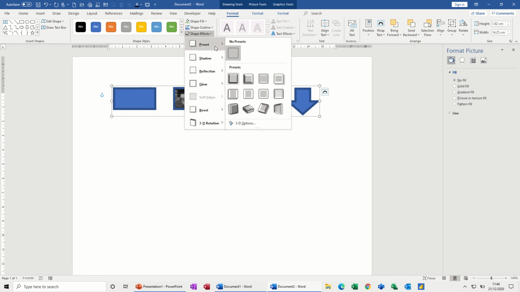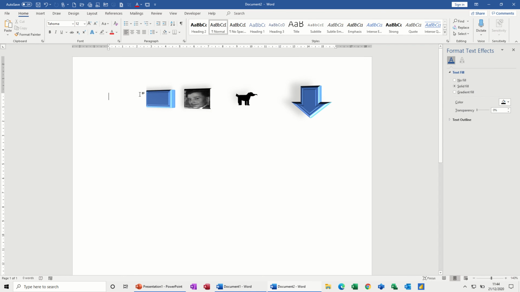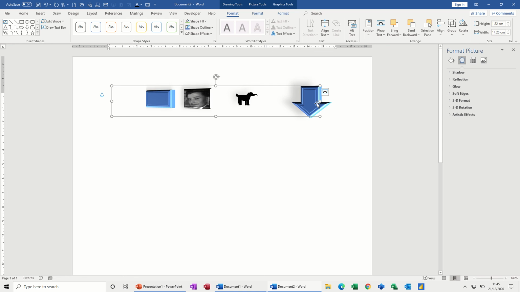Shape effects, just preview basically what you want and then see if that is what you want. I quite like that actually, so I'll go for that one. So that's shapes. Now the next thing I want to do is just get rid of them and get myself some text,